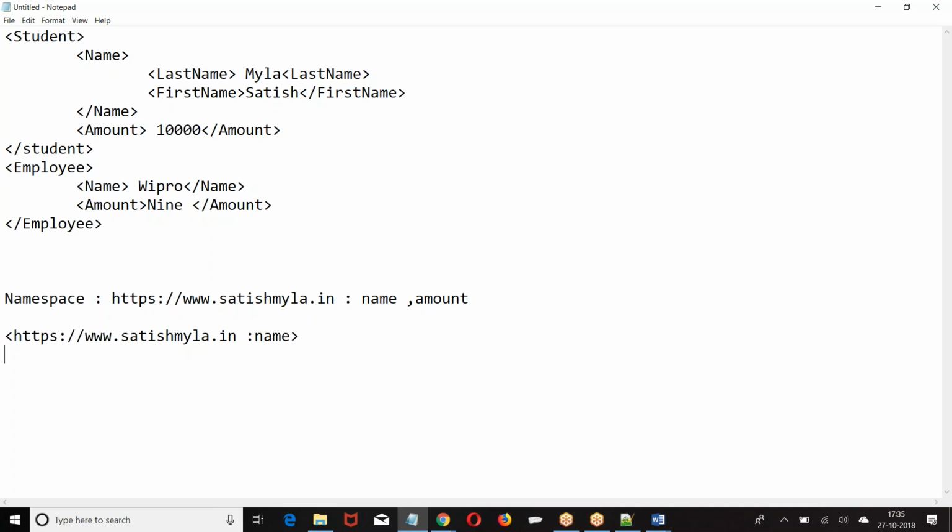Now, if I have to write like this, it is becoming lengthy for me. So instead of this, I'll use a shortcut, CS or CA. Now, what I will be doing? C colon.